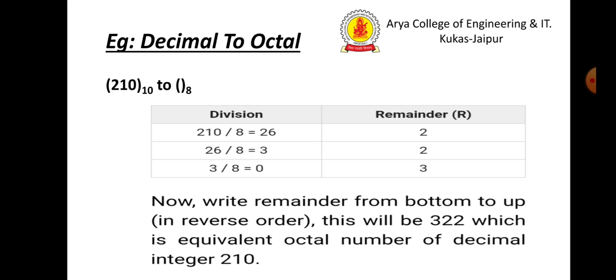Here is an example of how to convert a decimal to octal. For converting a decimal to octal, we divide it by 8 and put the remainders. Here,